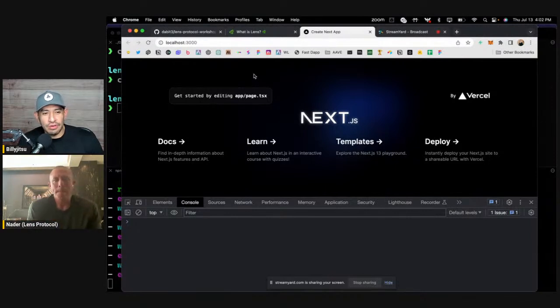You don't have to use an older version or anything. No, it works perfectly. In fact, I've been using the app directory a lot, and it seems to be pretty stable. For most of the stuff I've been doing, people complain about it, but I think it's usually when you start throwing a ton of code at it, a lot of dependencies, and maybe some of that SSR stuff is not working with other libraries, but it works great with